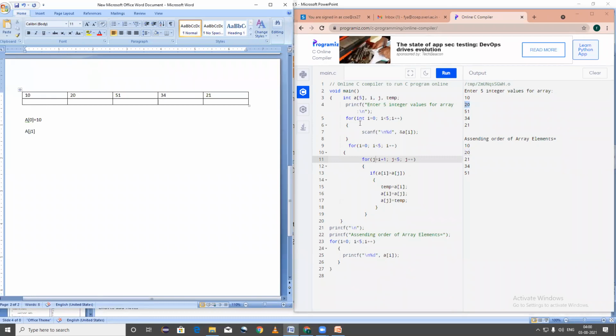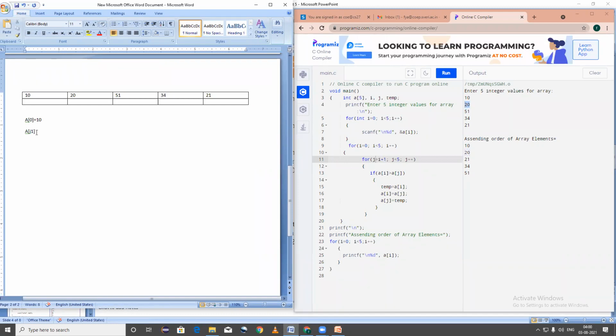So for I variable, I will not write anything here. For j, I will write the value of variable j, that is 1. Now, if you go here, what is the first value at 1 index? Equal to 20. Barobar? Now, check here. What is the value of 1 here? Sorry, I is 0 plus 1, that means 1. J is equal to 1. It is having 20 value. Now, whether 1 is less than 5? Yes, the condition is true. Now it will enter for this body of for loop.